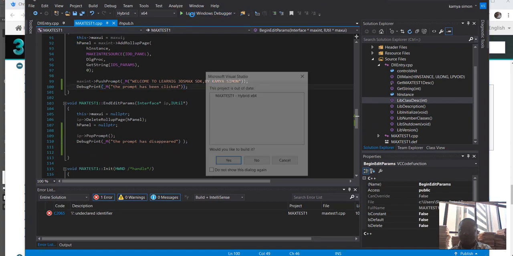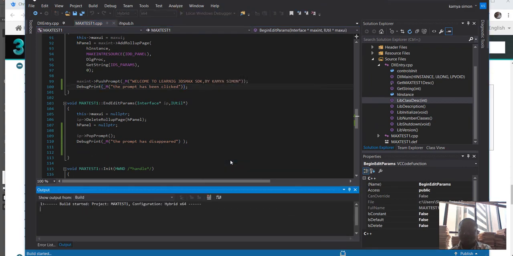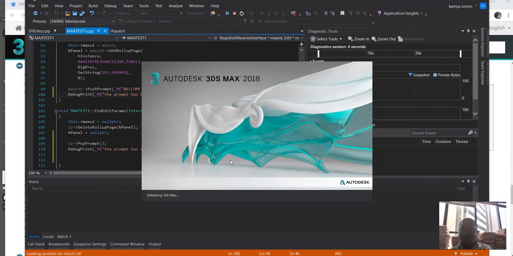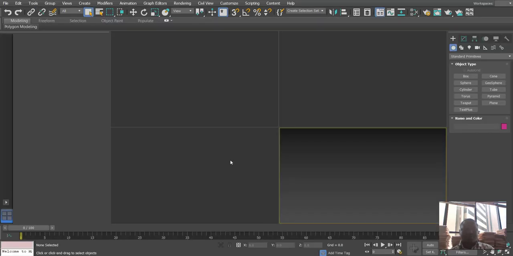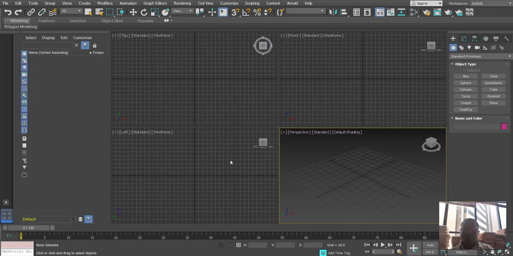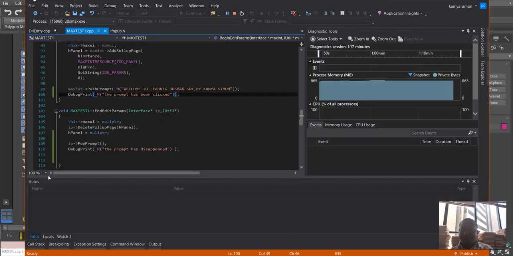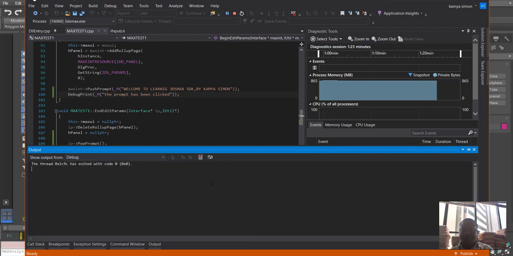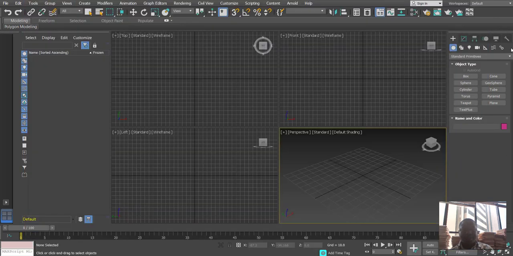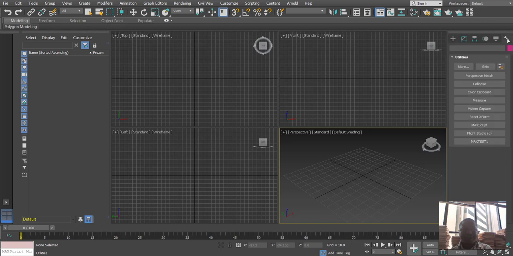All right, so I run again. 3ds Max is launched. I'll come back to Visual Studio, then choose output, and then I clear to make sure that I don't have anything there. Then I'll come to our utilities and click on Max Test 1.